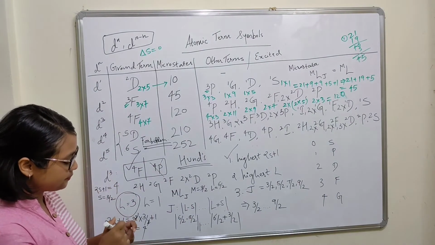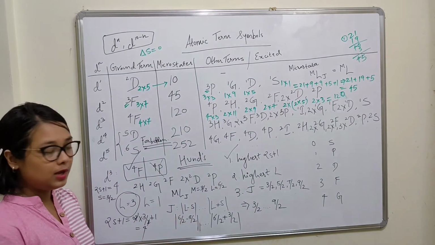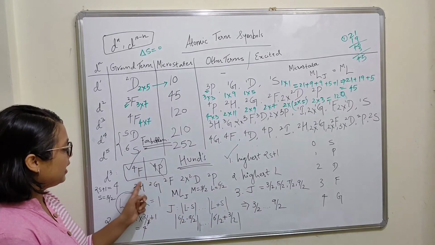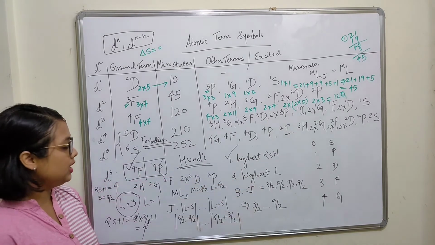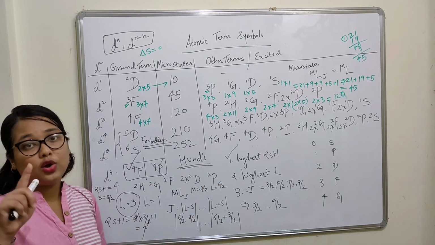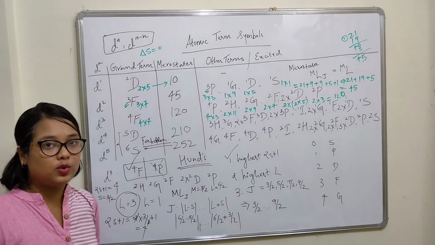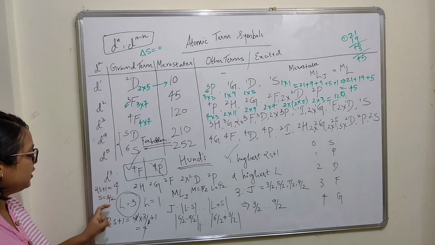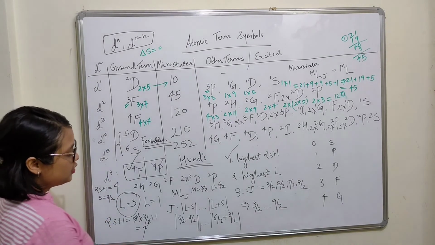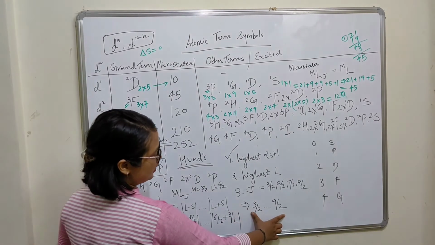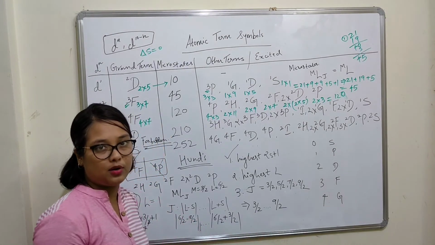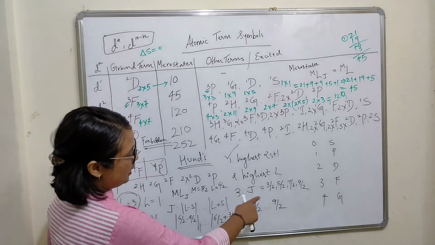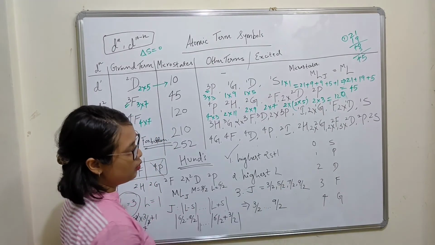I'll just repeat it. J value is a range, between absolute value of L minus S to L plus S. Okay, L is your orbital, so you find it using that particular table. S is the spin. Okay, S is not your M value. M is equal to 2s plus 1. You're looking out for that S, which depends on the number of unpaired electrons. So here there are 3, so it is going to be 3 by 2. So from 3 by 2 to 9 by 2, I'm going to have 4 values of J. So I'll have 3 by 2, 5 by 2, 7 by 2 and 9 by 2.